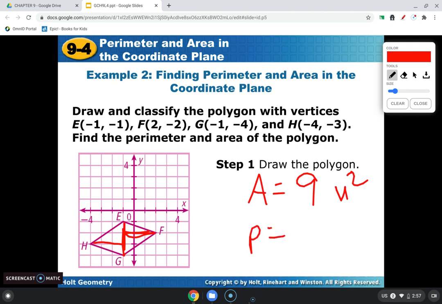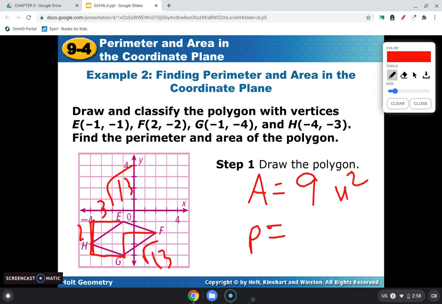For the perimeter, you're usually not going to have much choice but to brute force it and figure out the lengths of the sides and go from there. So we can see that that's 2 and 3. So 2 squared plus 3 squared is 13. But this would be the same over here. So this would also be root 13. So we could go square root of 13 times 2 plus